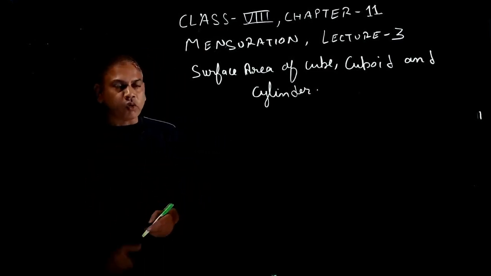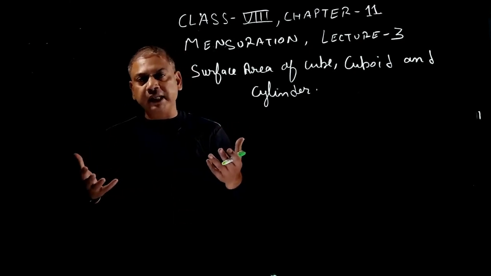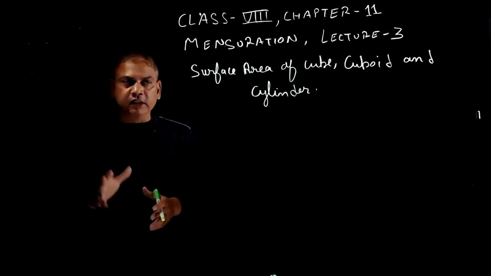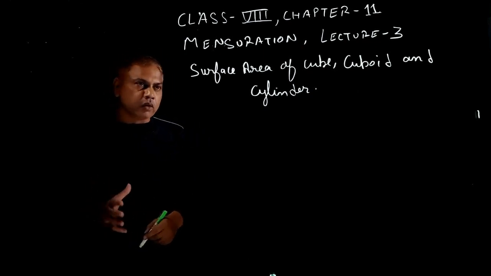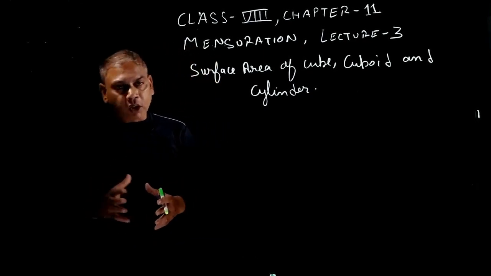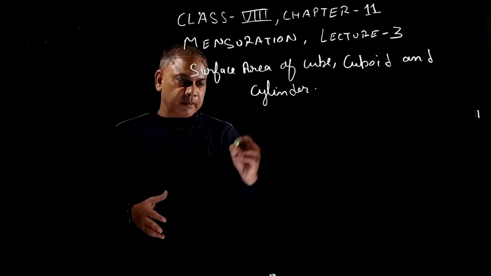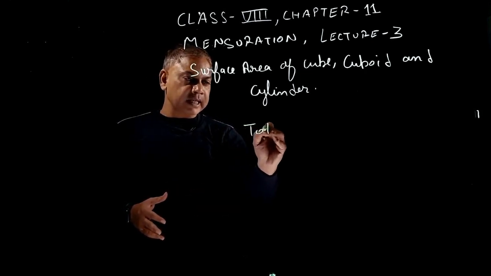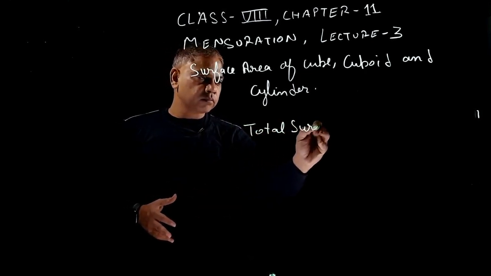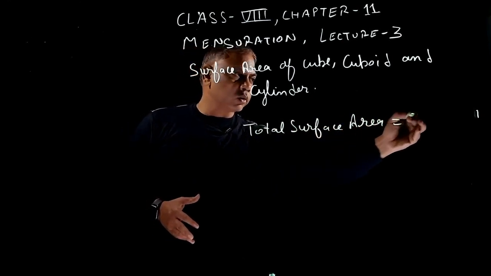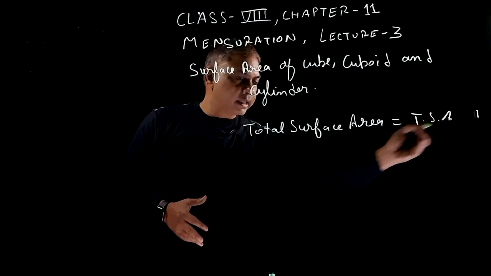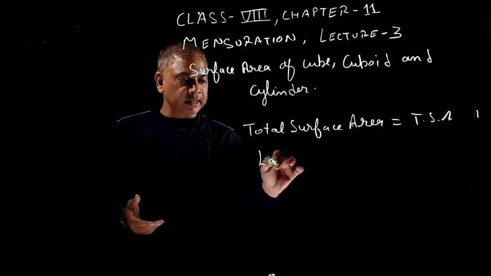Okay, now what is surface area beta? Surface area and area is one and the same thing. So don't get confused with the word surface, add it to area. Okay, it is one and the same thing. Now we have two types of area beta, that is total surface area, this is known as TSA, and the other one is lateral surface area,